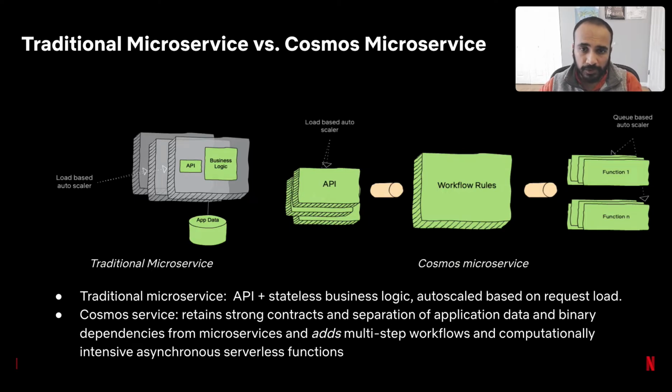In a typical Cosmos service, clients send requests to an API layer. A set of rules orchestrate workflow steps, and a set of serverless functions power domain-specific algorithm. Functions are packaged as Docker images and bring their own media-specific binary dependencies, for example, as a Debian package. They are scaled based on the queue size, and they may run on tens of thousands of different containers with requests taking hours or days to complete.